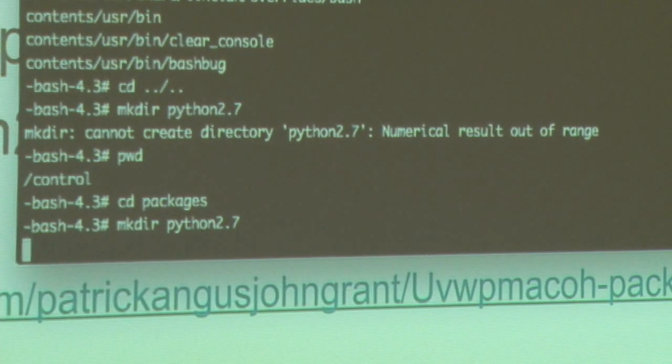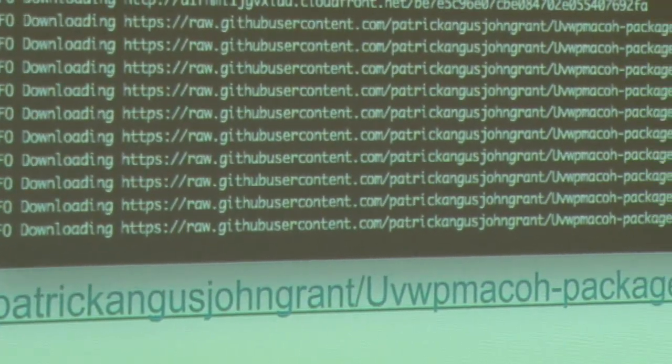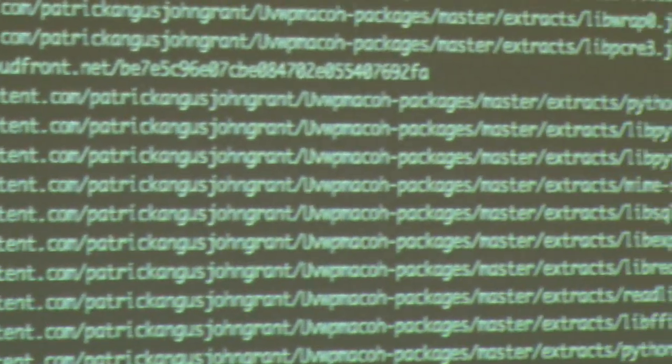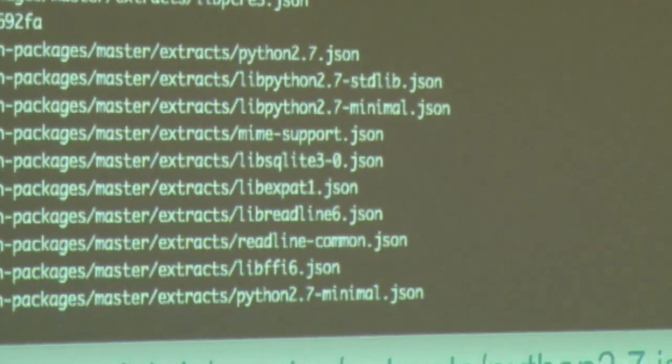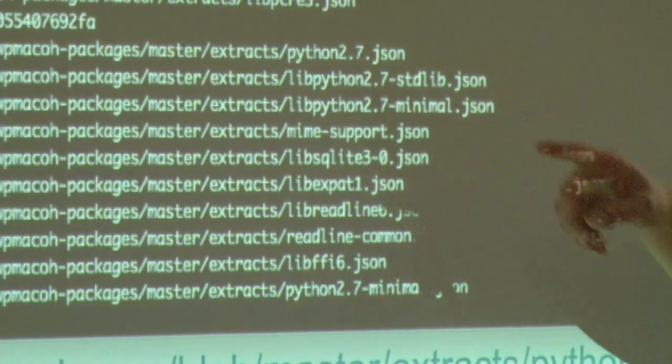So now we should be able to see, when it does that, it triggers it to download Python, well, all the Python 2.7, and then it's getting all that stuff.